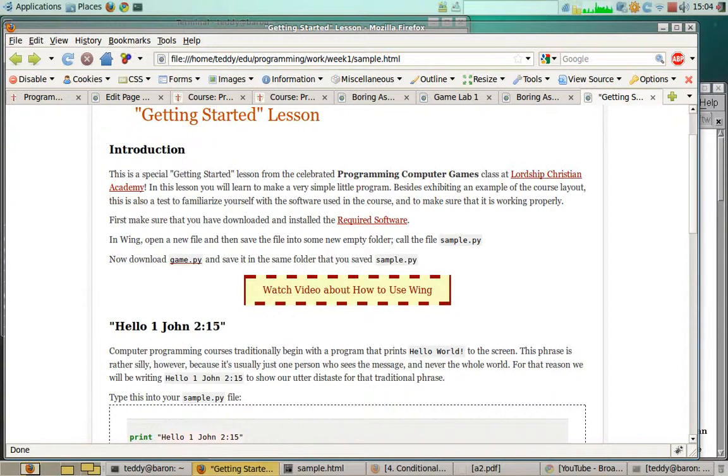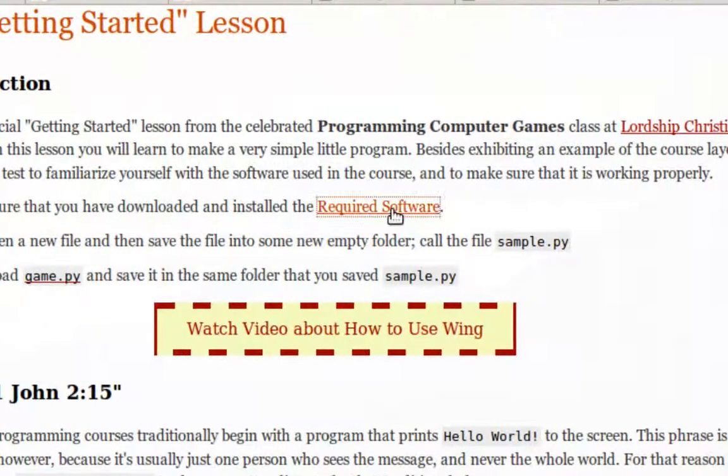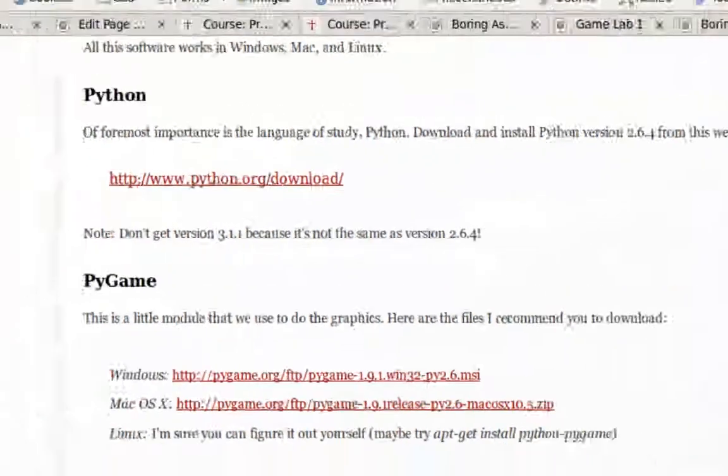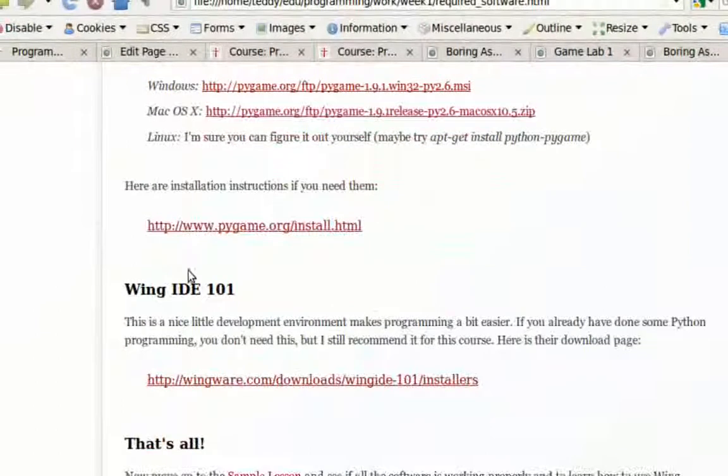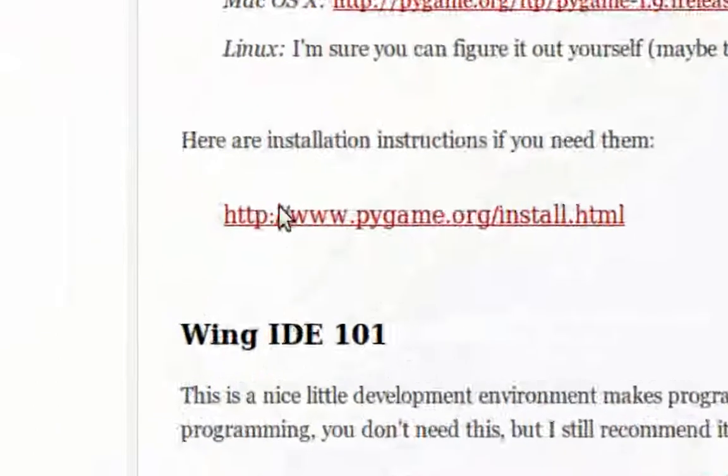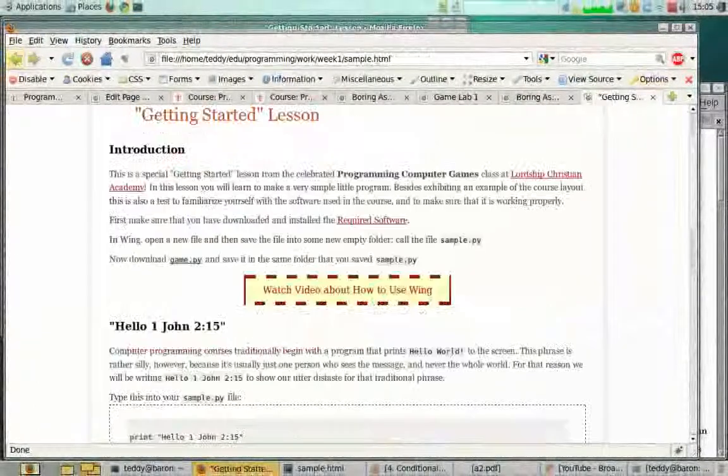First of all, we're going to learn how to use Wing, which is the software that will interface with Python and make it easy for us to enter our programs. So make sure you go to the required software page and get all these things: Python, Pygame, and Wing. Alright, now assuming you've gotten those and installed them,